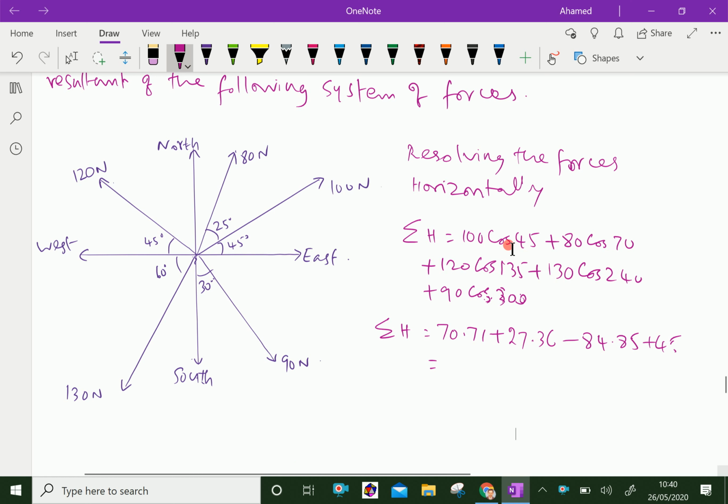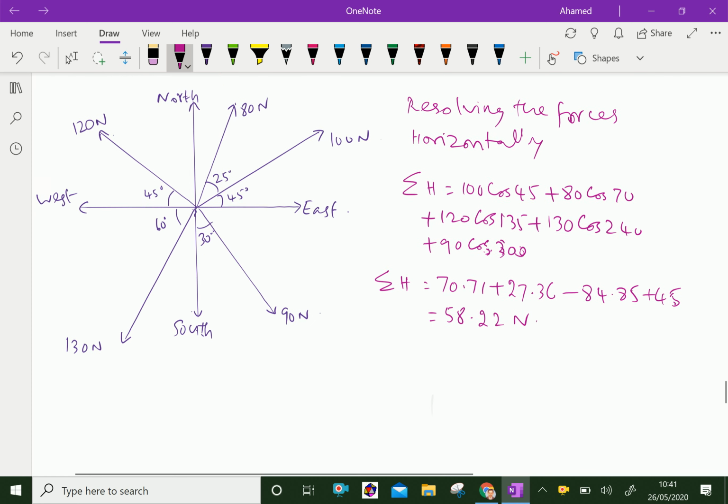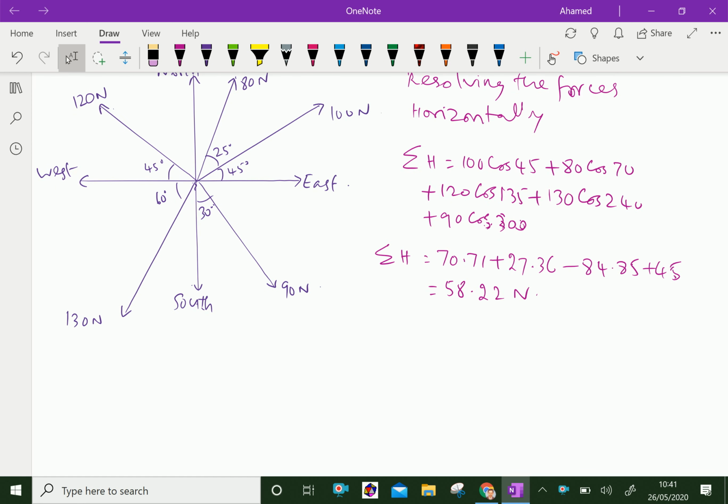Here, totally 5 forces, equals 58.22 Newton. Now similarly, resolving the forces vertically,